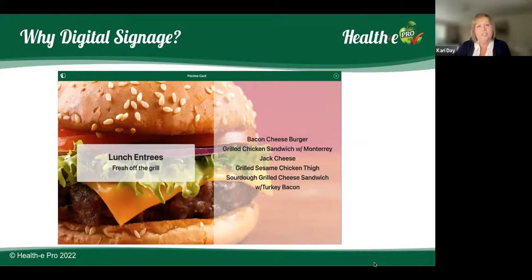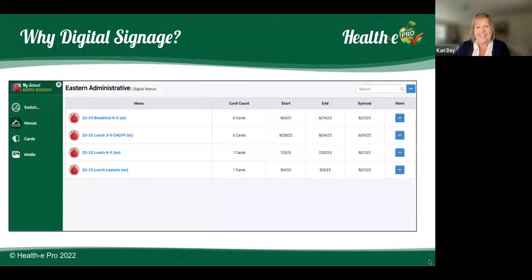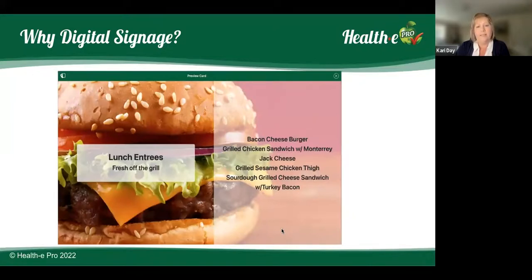So I was talking to a student just the other day, and I asked her why she didn't purchase lunch at the school. And she said the line was really long and there was a sign, but it was way up front and she just couldn't see it. And so she just didn't want to waste her time in line to potentially have something that she didn't want to eat. And so she decided to just eat the power bar that was in her backpack